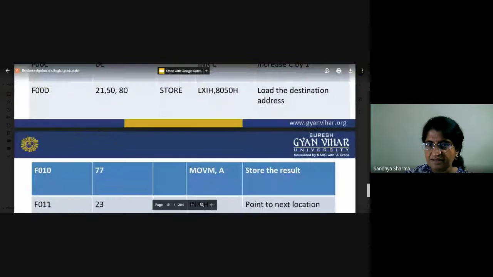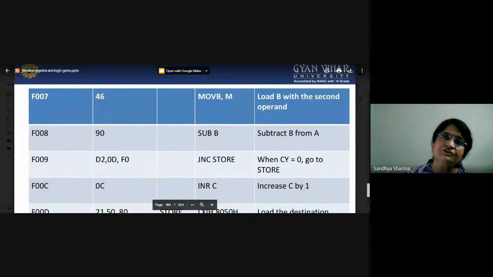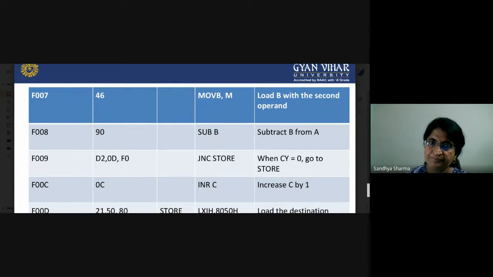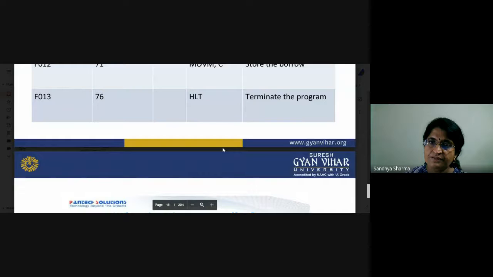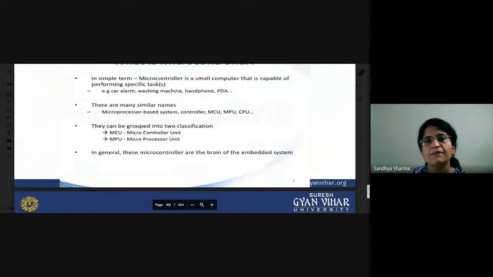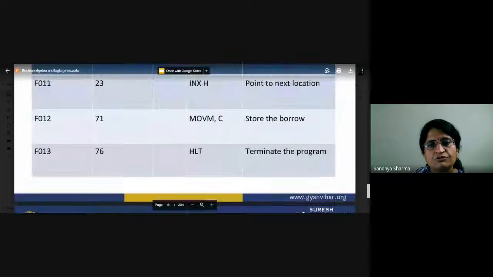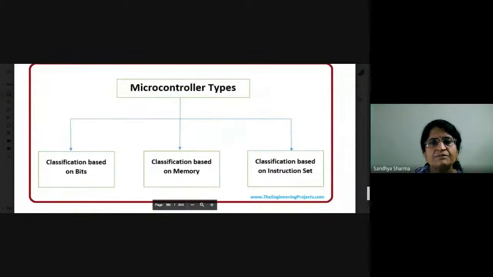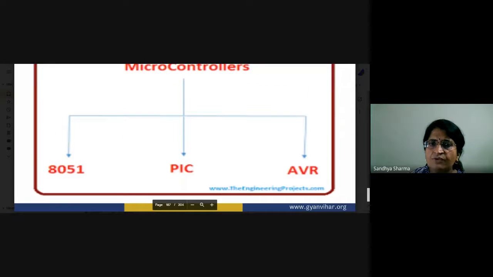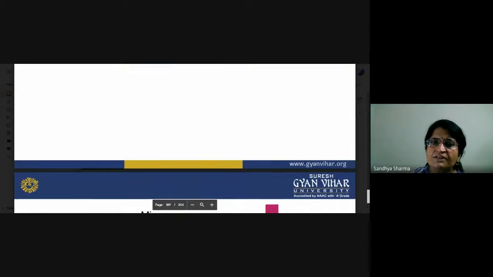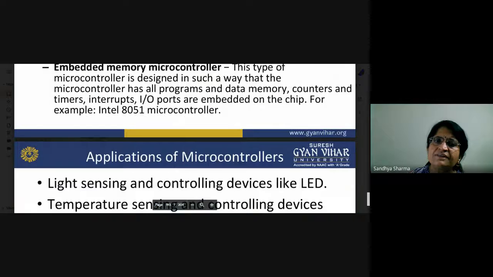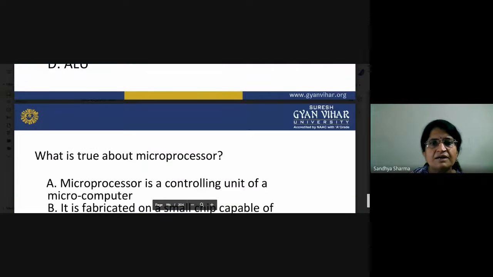So just you can see your instructions will be 1 byte instructions, 2 byte instructions, and 3 byte instructions. And according to that, we can execute our different problems. So now first of all, we will see what type of problems you are facing. We also have to write a simple program in this. So first of all, we have to focus on that particular problem. Then we will switch to comparing it with the microprocessor.